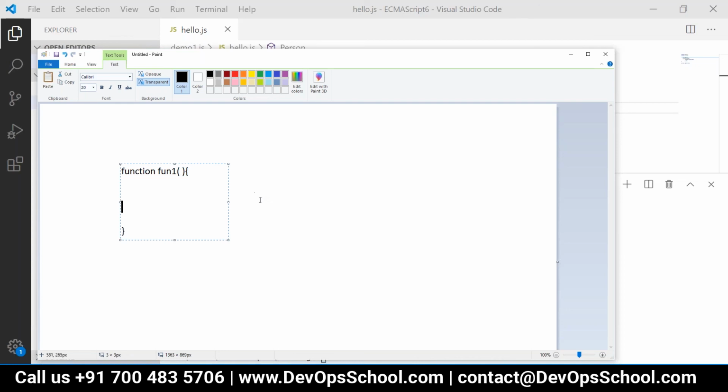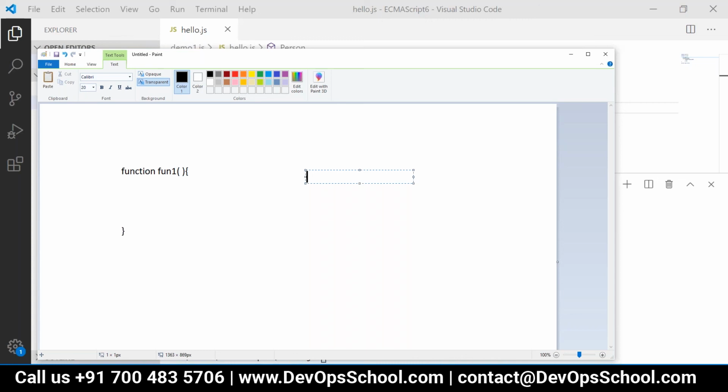Now, what are arrow functions? When I am writing a function, is it really necessary to write the keyword function? Can I remove it? Okay, I will not use that. Do I really require the name? I may not require it, right? Then, do I need input parameters?